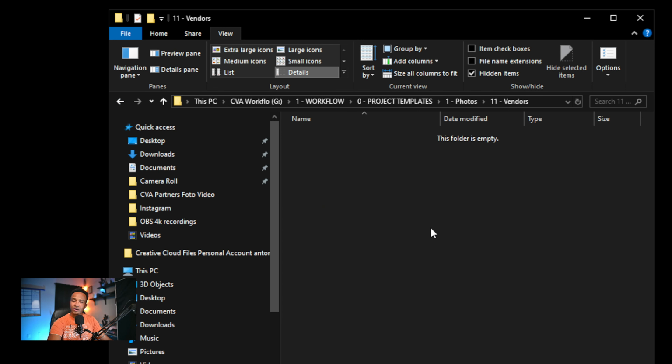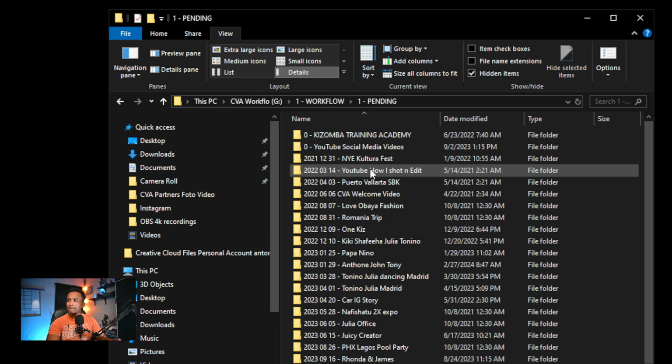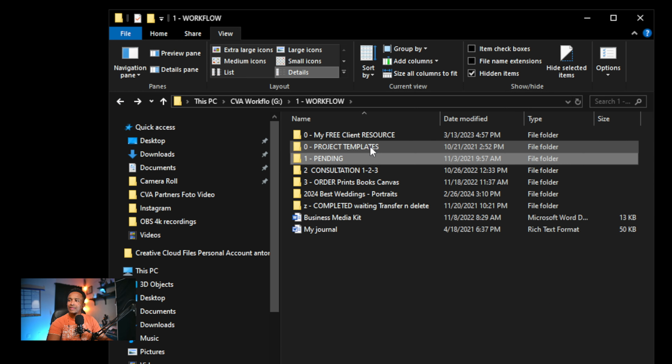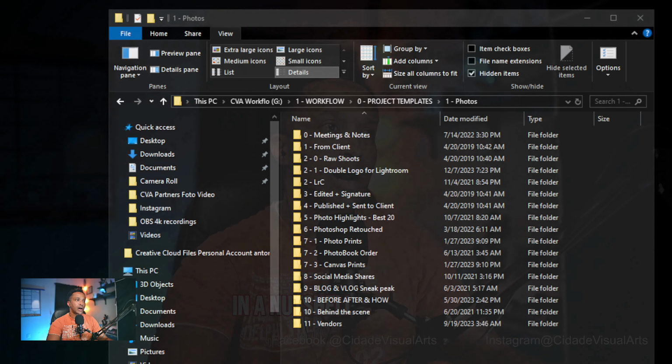And here we have the vendors. I put all the vendors that were present at the event, so later on, after the photos are ready, I have something to send the vendors. Usually I take everything and put it in my pending folder and give it a name: year, month, date, and put everything in there. So that is in a nutshell how I